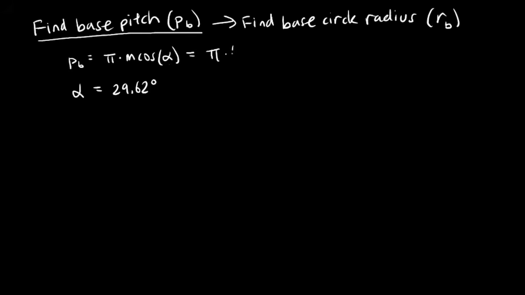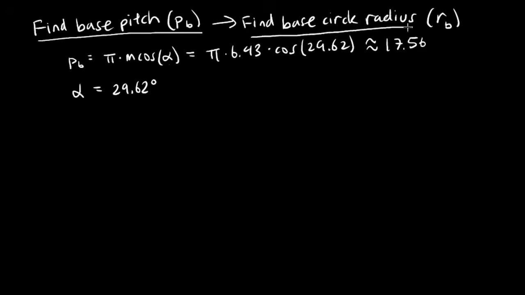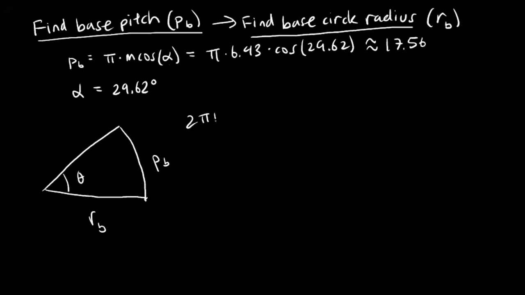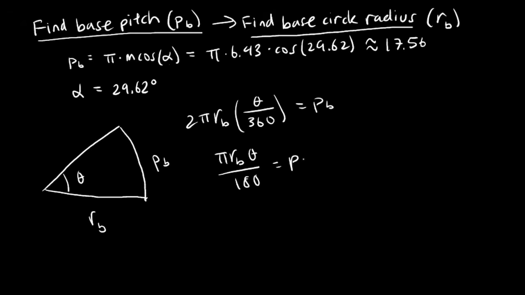So we found angle alpha, and we can plug that into our base pitch formula, and we're going to get something around 17.56 millimeters. But we want to find the base circle radius, not just the arc length. So PB is the arc length, RB is the radius. We know that the circumference of the base circle multiplied by theta over 360, since we're doing this in degrees, is going to equal PB, the base pitch. So let's simplify this down to pi RB theta over 180 equals PB,